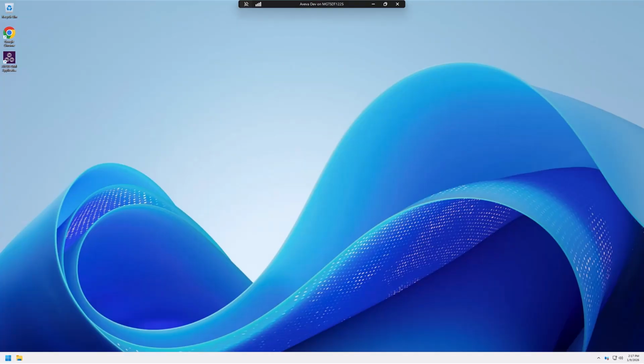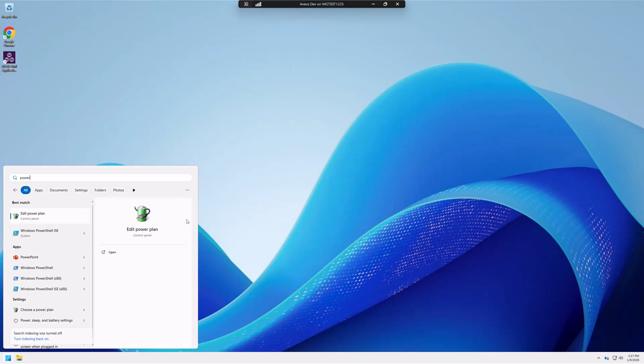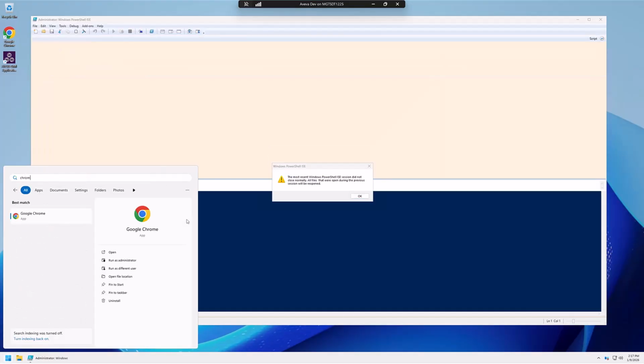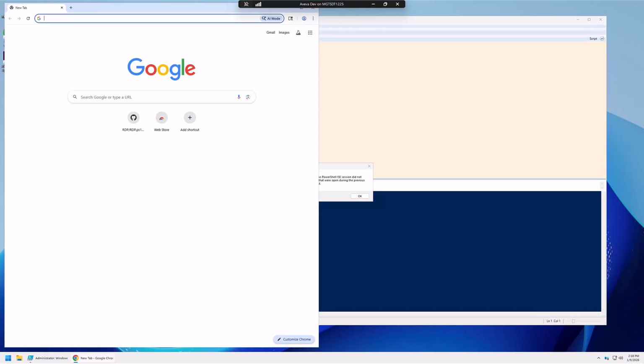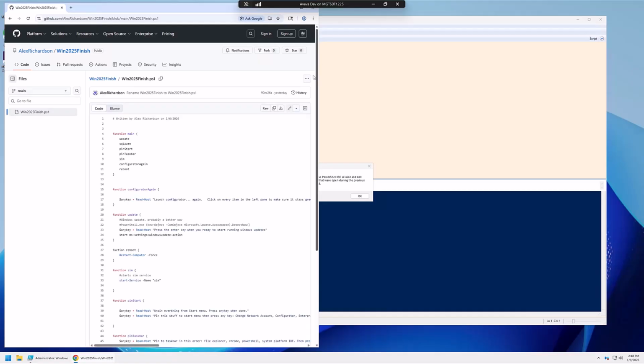Have yet another Windows thing to do, and go ahead and just run a Windows finish PowerShell script. Okay. And this only does a few things. This is a newer script. When you watch this video, it might be more developed than it is here, but it just runs Windows updates,